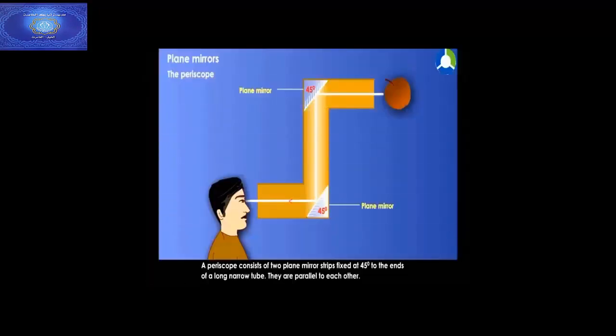Now, how can this man see the apple if he uses the periscope? The light travels from the light source, from the sun or lamp or bulb or any light source, to the